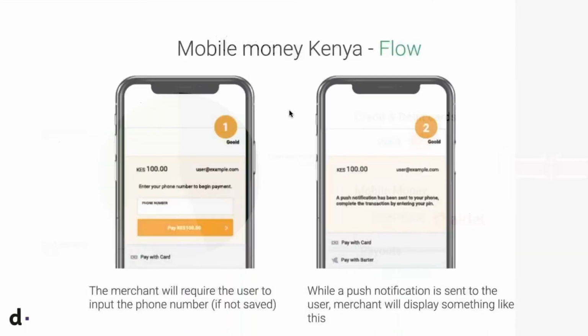In terms of flow, it's simple. Just like every normal payment system, if I went to a checkout button on a website, for my card, for instance, I'll be required to input my card PAN, my CVV, my expiry date, and any other information required for the card. It's similar for mobile money, except in this case, the reference ID or the number required to facilitate that transaction is the phone number of the payer.